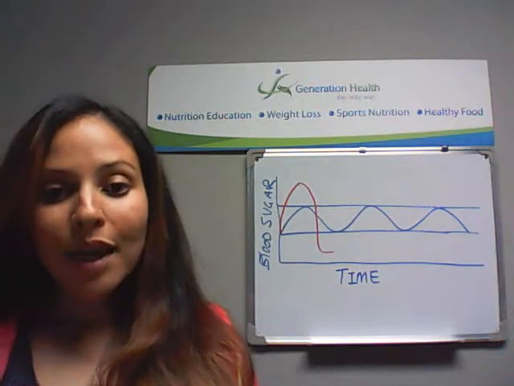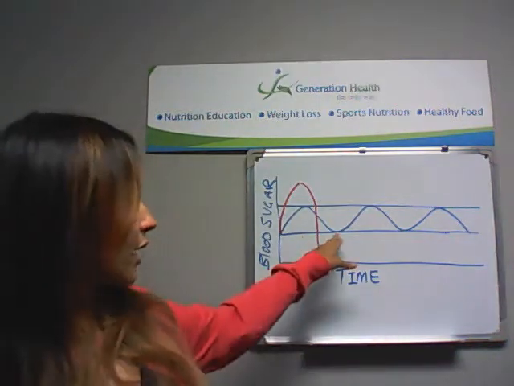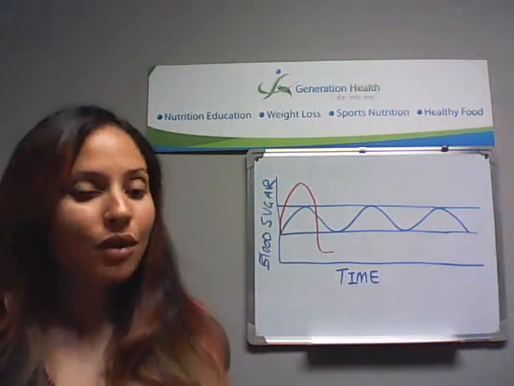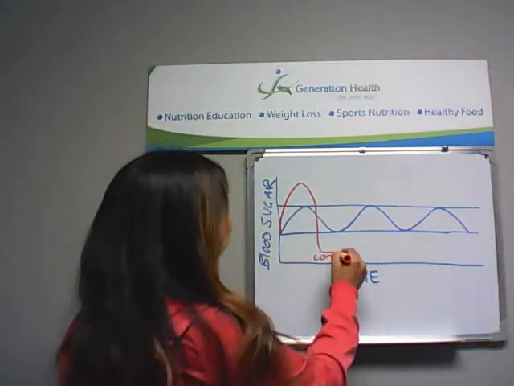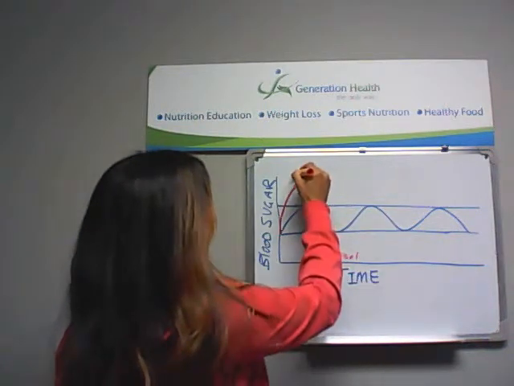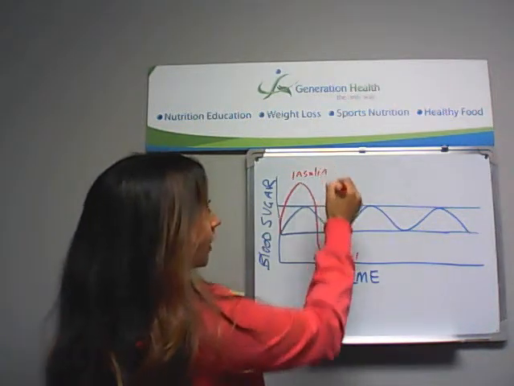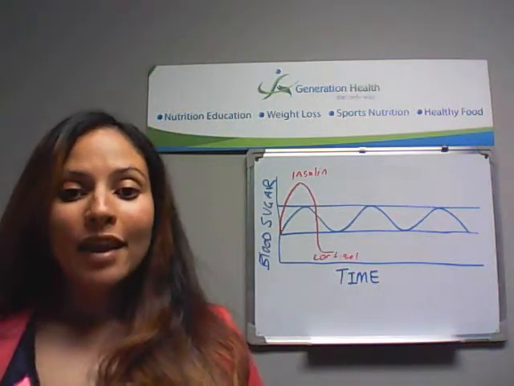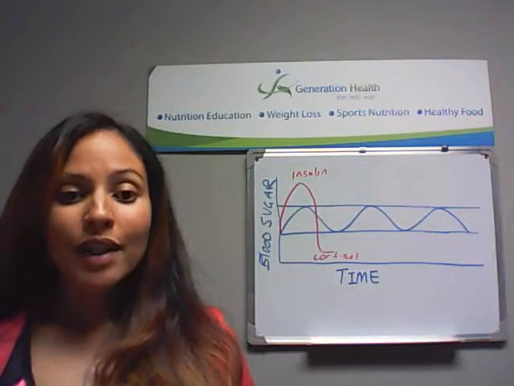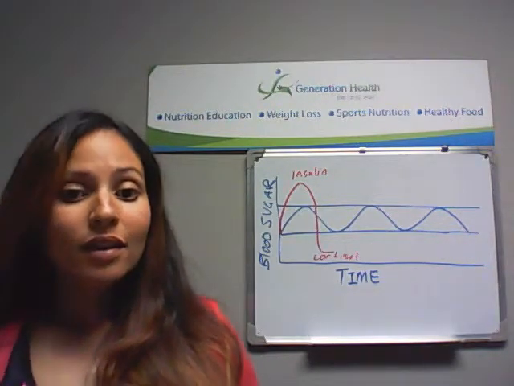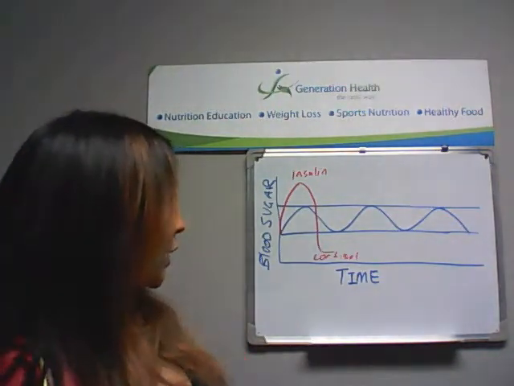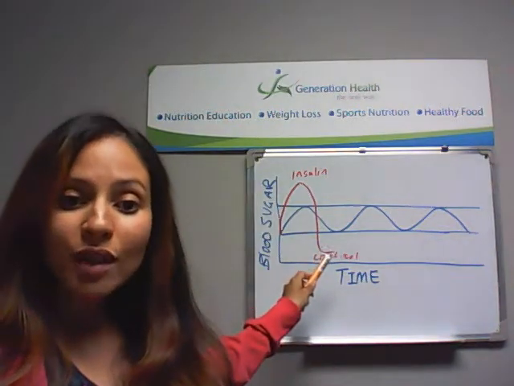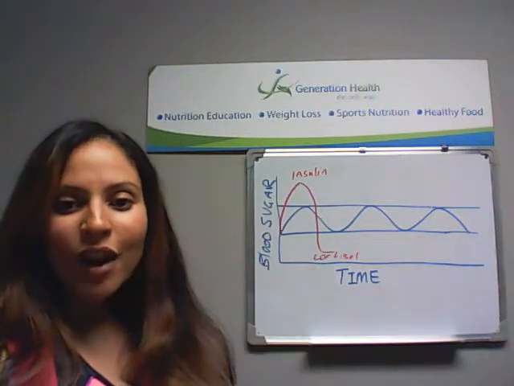And when they drop and become too low, so beneath this line, then you produce a stress hormone, and the stress hormone is called cortisol. So cortisol and insulin are the two hormones that are fat storage hormones, and these are the ones that we're trying to avoid at all costs. Now, what happens when your blood sugars have dropped and you produce cortisol, the stress hormone, is that it's your